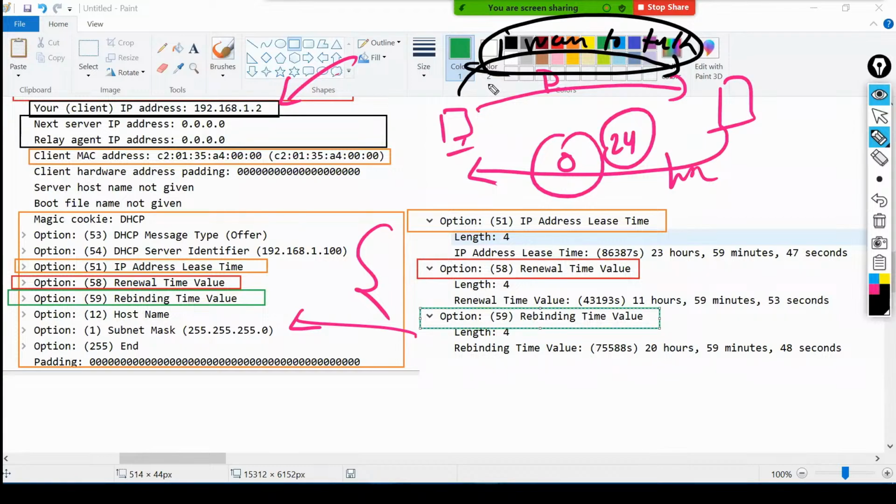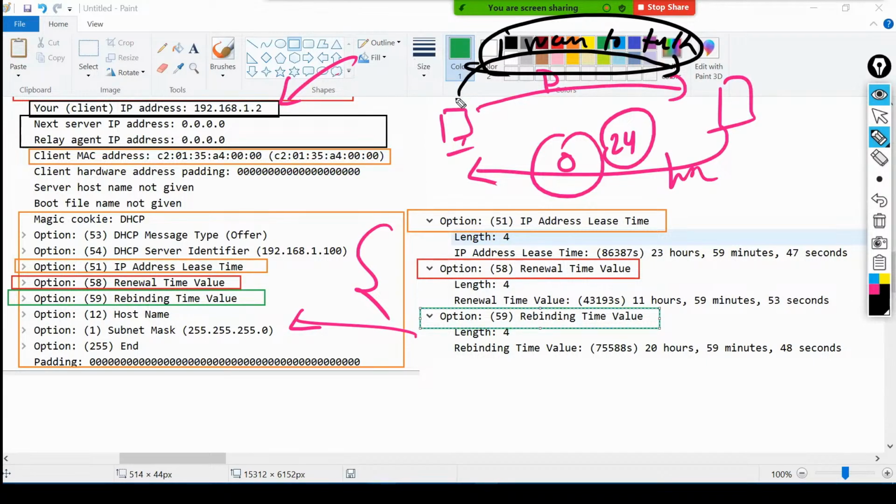Try to understand, UDP is an unreliable packet, right? It has a source port number, a destination port number, a padding field, and a checksum. But what DHCP is doing over there is making it reliable. Same like IP, which is an unreliable protocol. EIGRP and OSPF are reliable protocols because they have a sequencing concept. Same thing here: UDP is unreliable, but DHCP is going to add reliability. How? By putting in the acknowledge.